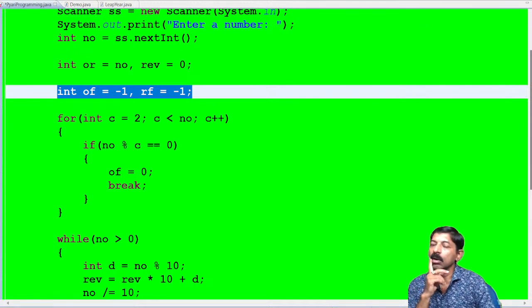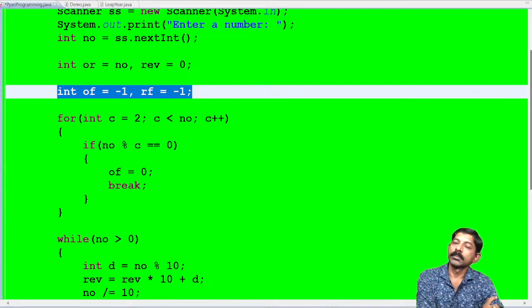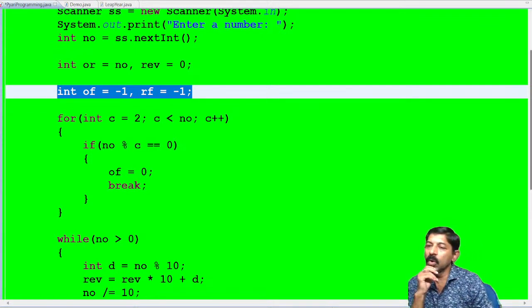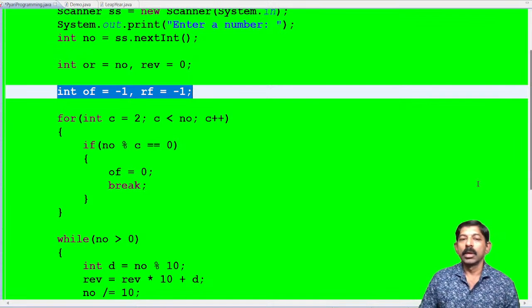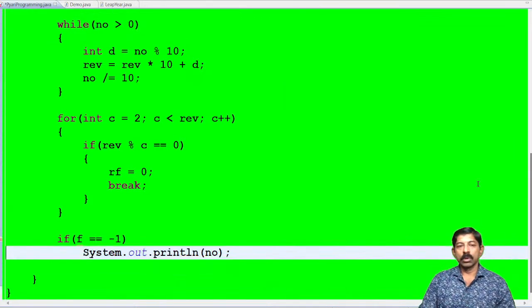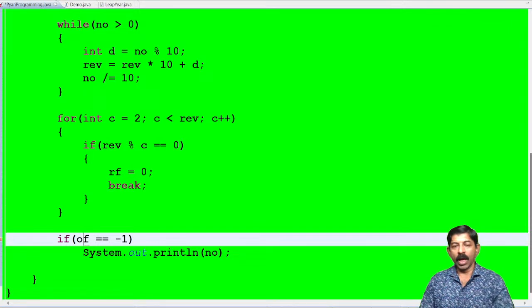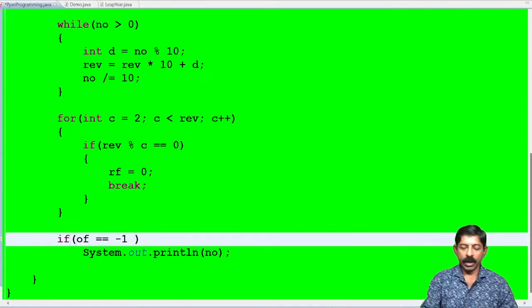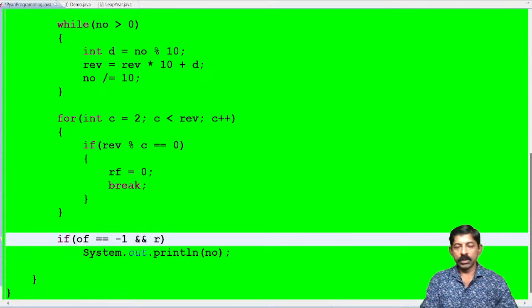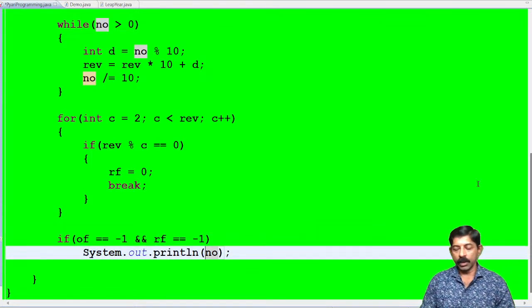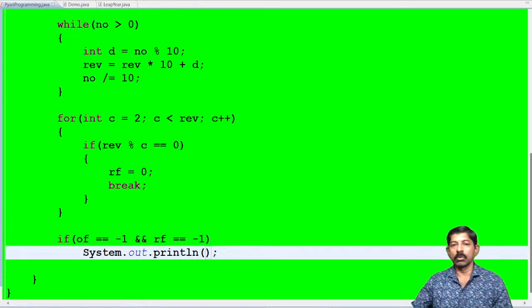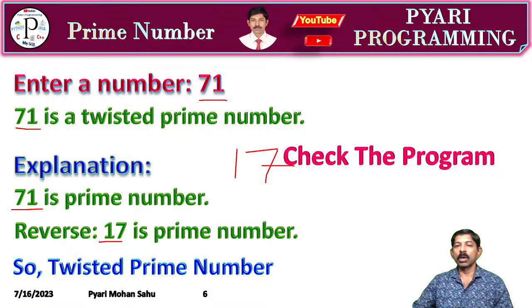Okay, got it, got it. OR बदले RF होगा. Typing mistake. Badal, OF and RF. Good. Now here AND has to be used. If original flag is equals to -1 and reverse flag is equals to -1, then I will display twisted prime. What should be the output according to the question? I'm showing you the question. According to the question,